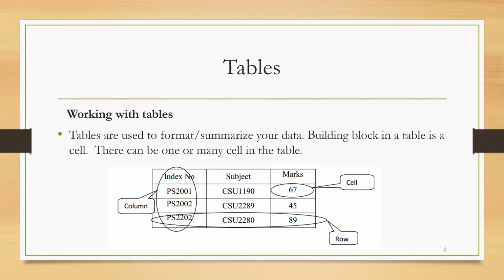So look at here. Take any table, definitely it is created using columns and rows. Normally, the table that you are seeing here, we call it a two-dimensional table or 2D table. These kinds of tables are normally created using rows, that is, from left side to right side, and columns from top to bottom. The point where a column and a row meet, we call it a cell.